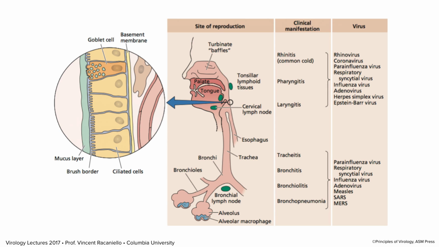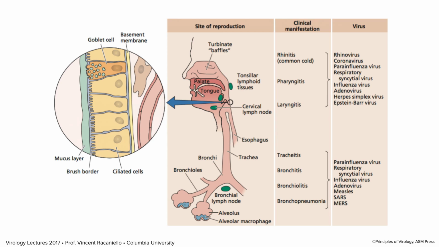Now, viruses can infect every level of the respiratory tract, from the upper tract to pharynx, larynx, the trachea, the bronchi, and the bronchioles. These are all different viruses. Some can replicate in both sites, some are specific, but these are the manifestations of infection at these different sites: pharyngitis, laryngitis, down to bronchopneumonia and bronchiolitis. So it's a very good portal. Now, I think we inspire about 6 liters per minute of air. It's a lot. So we're always sampling the air around us.